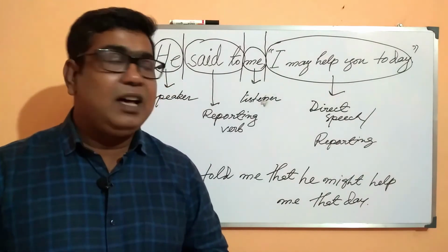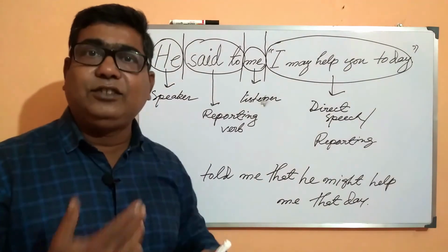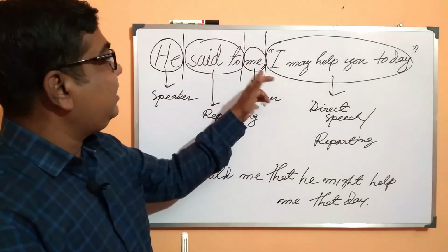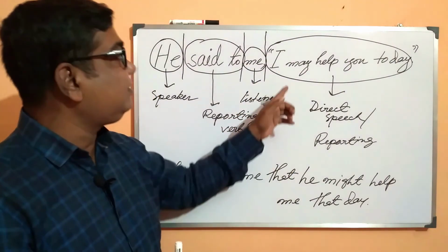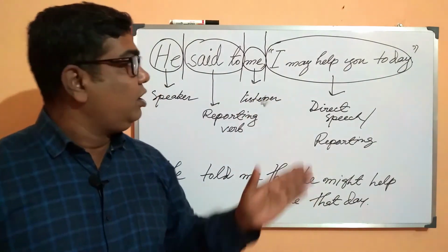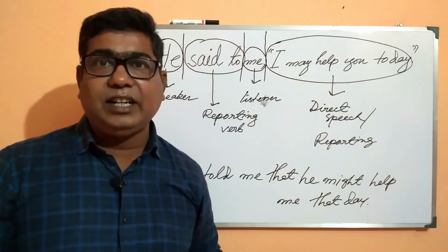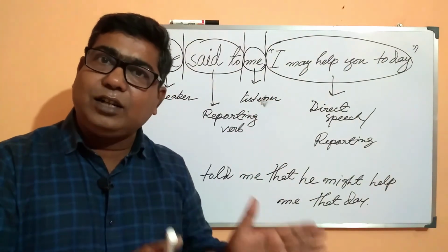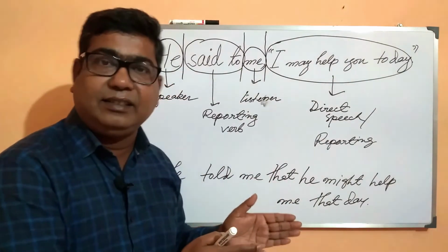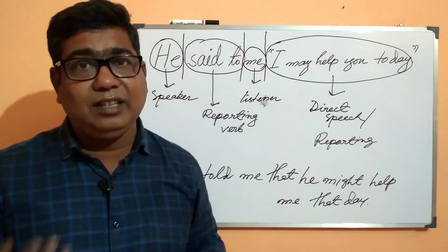In the next class, I shall discuss with you how to transform all the kinds of sentences. Here I have shown to you how we transform sentences like this, where we have a declarative sentence. We shall practice a lot. So don't worry. So this we have learned. In the next class I shall try to discuss how interrogative sentences are transformed. If we have an interrogative sentence within the quoted part, how to transform it, what is the rule,